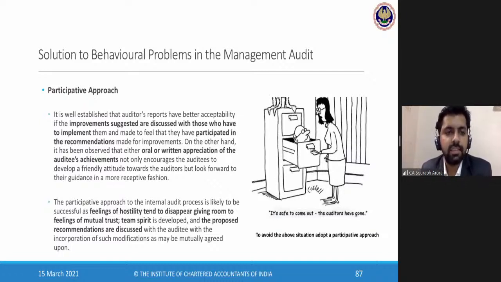And then there is the participative approach. It is well established that auditors' reports have better acceptability if the improvements suggested are discussed with those who have to implement them, and they have participated in the recommendations. So you should not